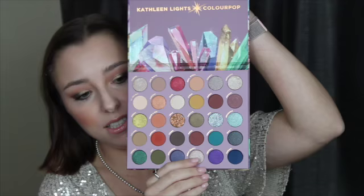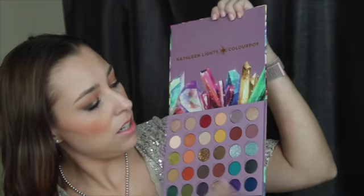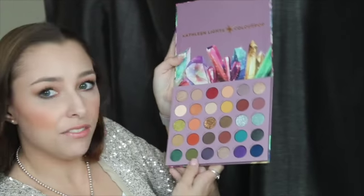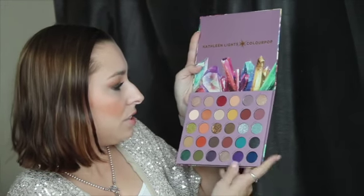So then we open her up, and there's no mirror, but this is the inside. It shows all the different shades, and all of them have their shade names on the side here. And we've got shades such as ruby, pearl, all just diamond, you know, all the different shade names that you can think of for different gemstones and crystals. So that really got me thinking, what else is out there that is gemstone or crystal themed? So I started doing my research, and the first thing that came up after the Kathleen Lights and Colourpop collaboration, So Jaded,